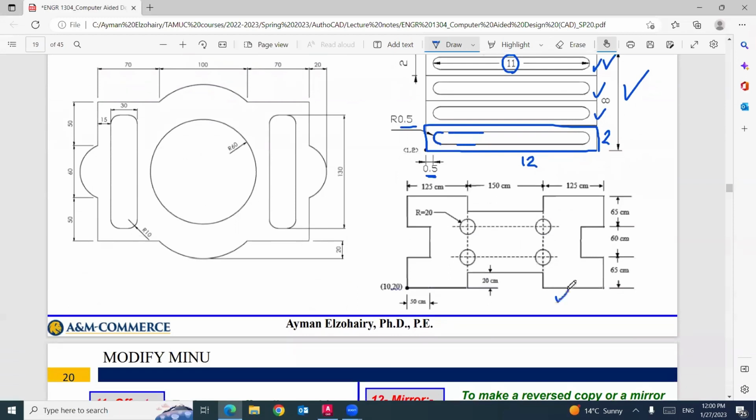For this one is very easy. You need only to move horizontal, vertical, horizontal, down, horizontal, vertical, left, up, right, up, left, down, left, up, left, down, right, down, left, down, and then you put your circles. That makes sense? So this drawing is very easy. You can try it on your own.